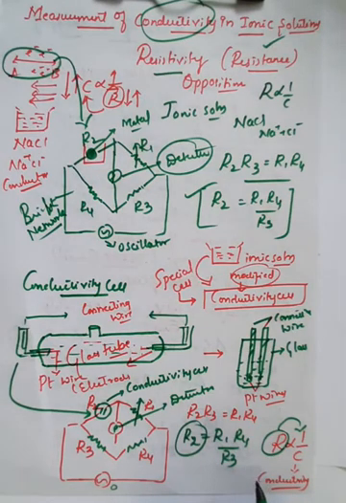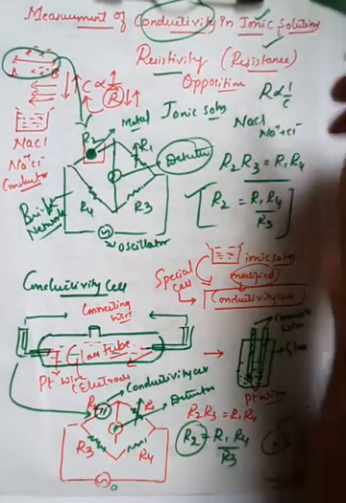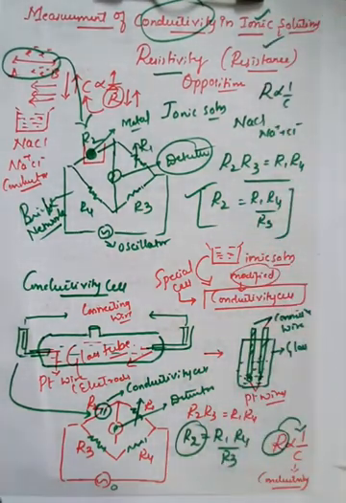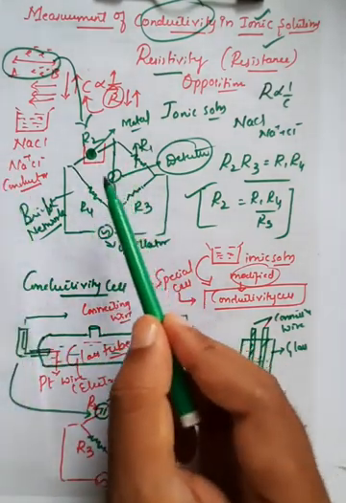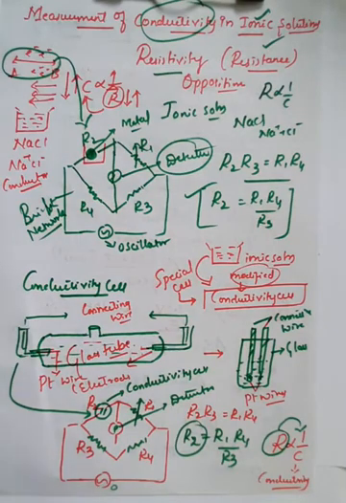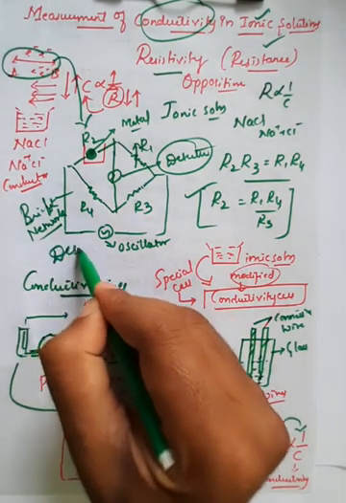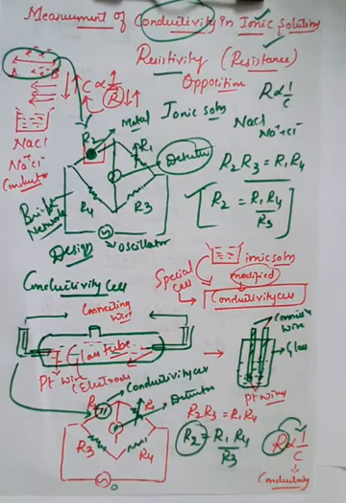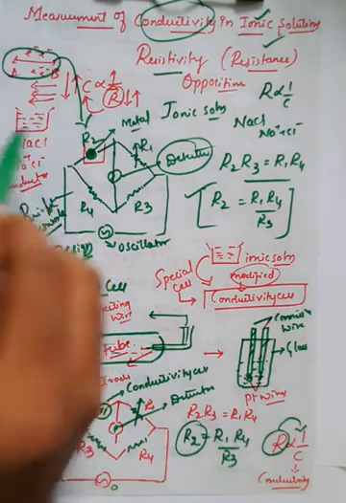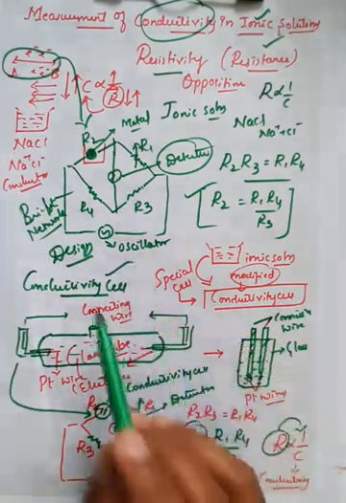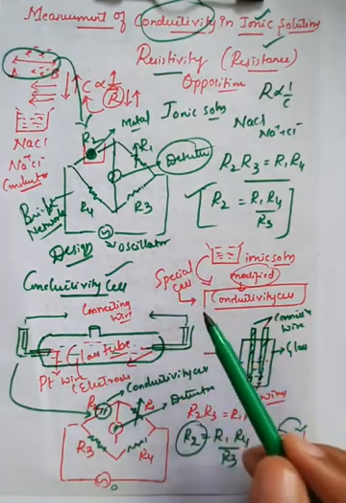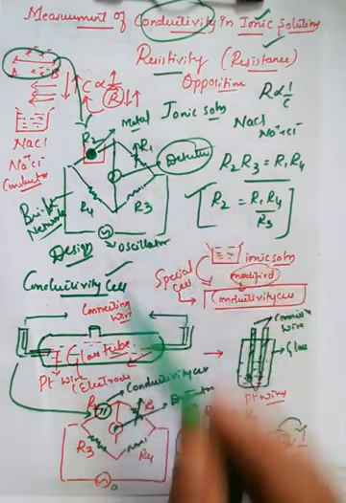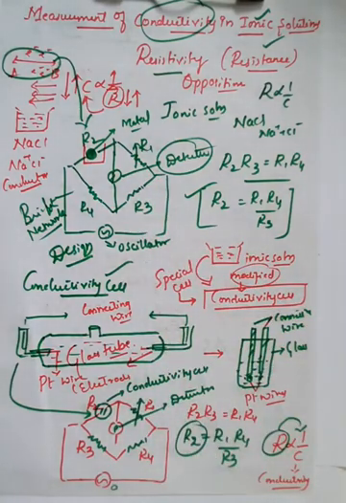right? So, one important hurdle or difficulty in the case of ionic solutions or liquid solutions is that we cannot directly fix the liquid solution to the Wheatstone bridge or the Wheatstone network. So what we have to do is design, always remember, we have to convert that liquid solution into the form of a conductivity cell. Conductivity cell is nothing but a special kind of cell which can be used in a Wheatstone bridge, or which can be connected with the help of a Wheatstone network.